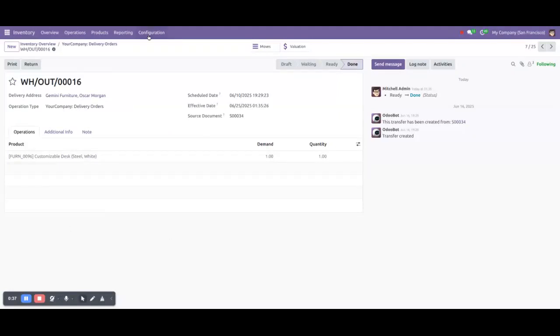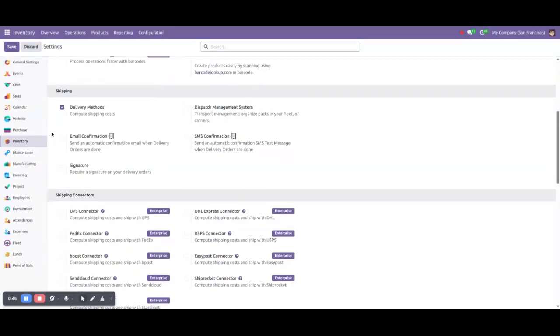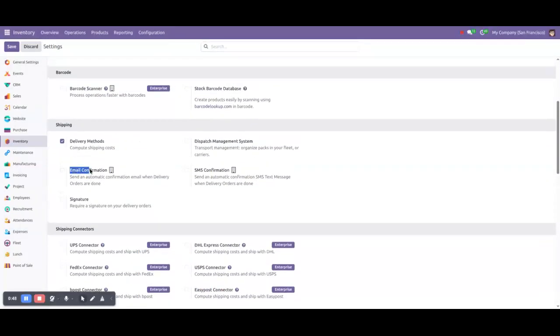So for that we have settings. We can go to Inventory, Configuration, Settings, and if we go down here, we can see this email confirmation option: send an automatic confirmation email when delivery orders are done. So if we check this checkbox and click on the save button,